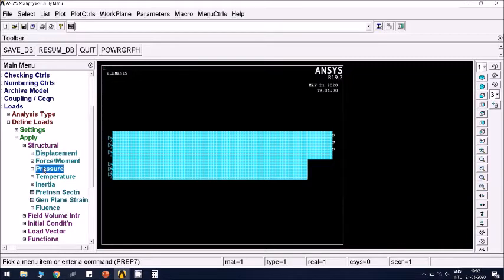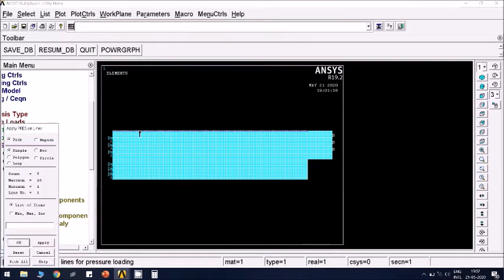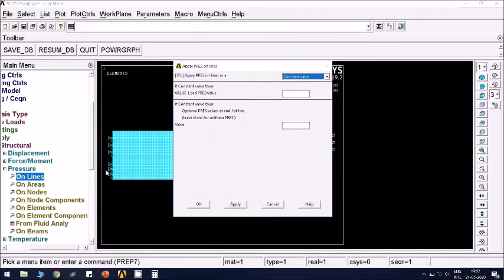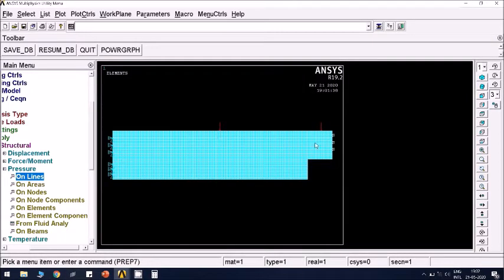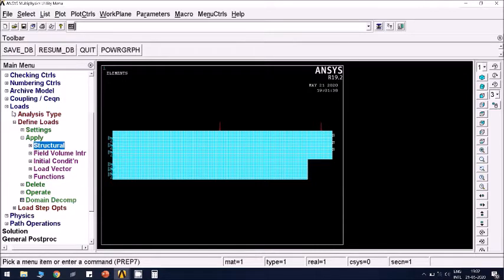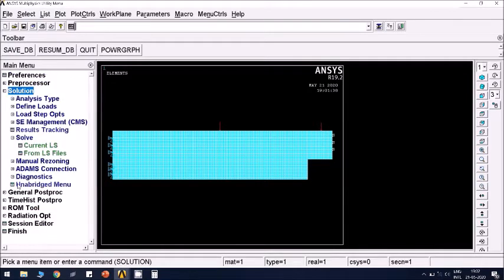So go to pressure on lines, select this line. There is one more line here. Click OK and enter the pressure as 0.344738 megapascal. This has to be positive because it is towards the geometry. Click OK. You can see the pressure direction. Solve this.